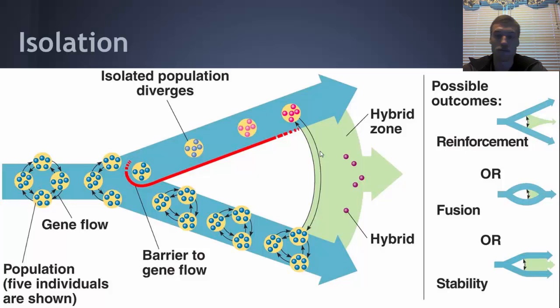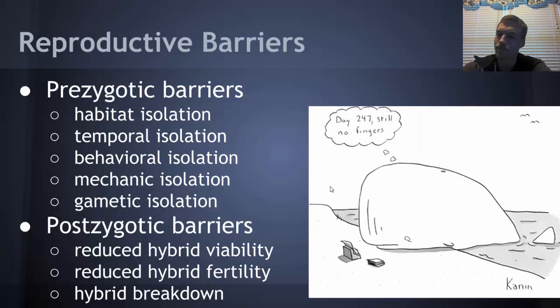We can have fusion, which is where the gene flow occurs and they come back together again, and now you're basically left with more variation within the overall population. However, it is all one species. Or you could have stability, where you end up with two isolated populations. They are new species. However, they are continuing to breed and producing hybrids. A good example of this would be horses and donkeys, right? They have diverged into separate species. However, they still produce hybrid offspring in mule.